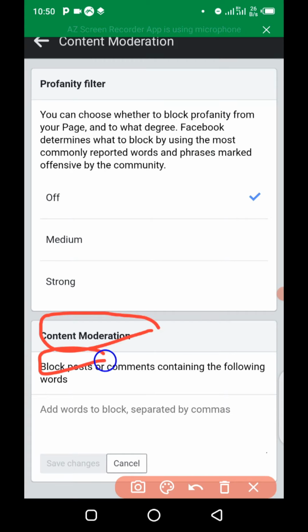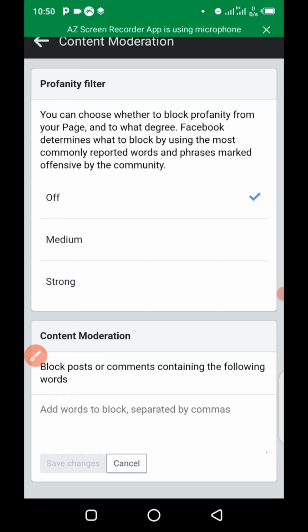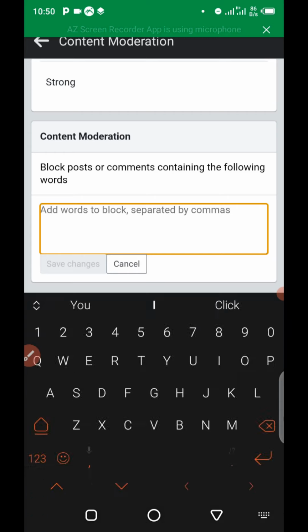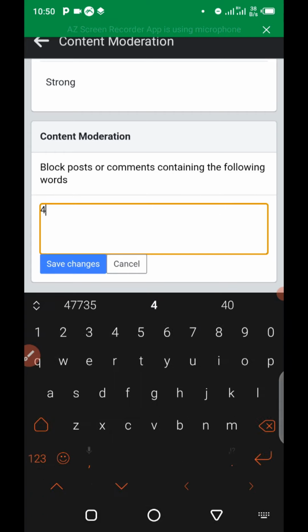Block posts or comments that contain the following words. Now you have to come here and enter those words that you don't want people to comment successfully on your page or on your Facebook ads or on your Instagram ad. So let's say for instance, I don't want people to comment 419 on my ads. 419. I don't want people to comment fake product. I don't want people to comment